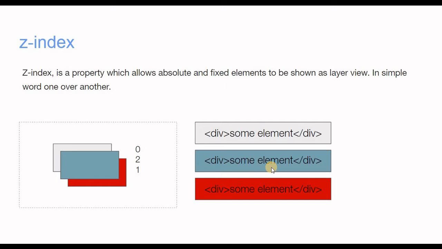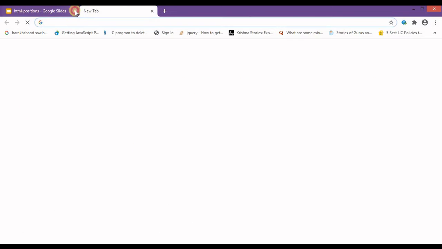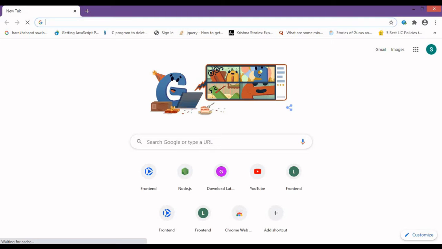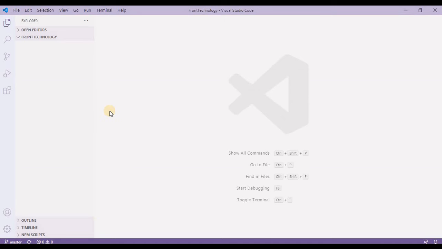Alright, so that's enough with these presentations. Now let's go back to our code, and we'll code this structure which basically shows the positions of HTML. We'll experience that right now. I'll close this tab and open my Visual Studio Code, which is a very popular code editor. If you have not installed any code editor, I recommend you install Visual Studio Code or any similar code editor like Sublime Text or Atom, but I prefer this one because it is lightweight.